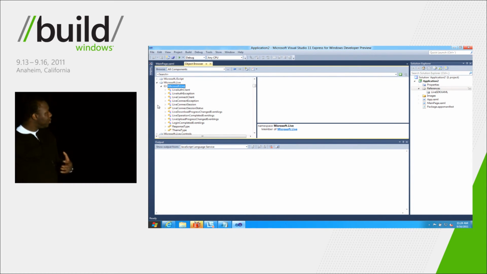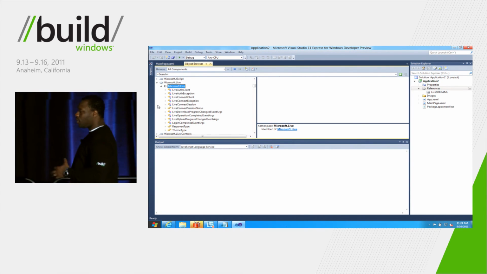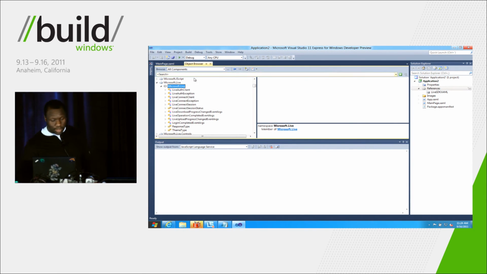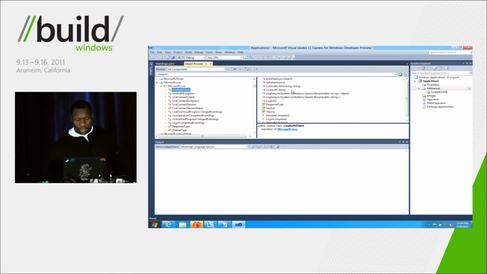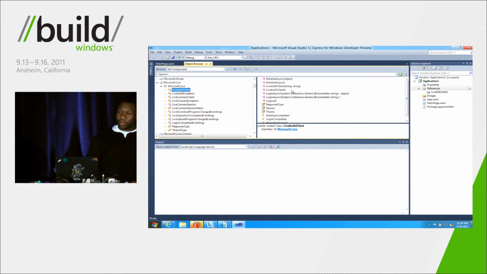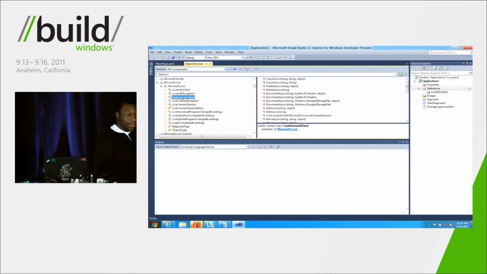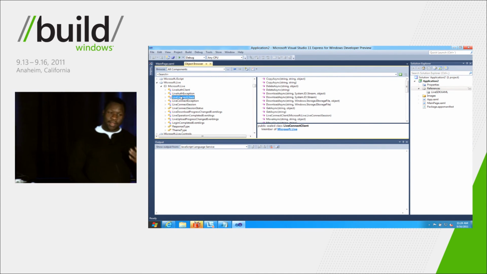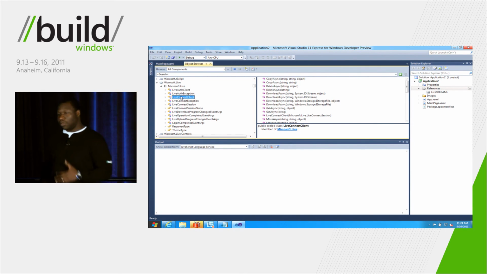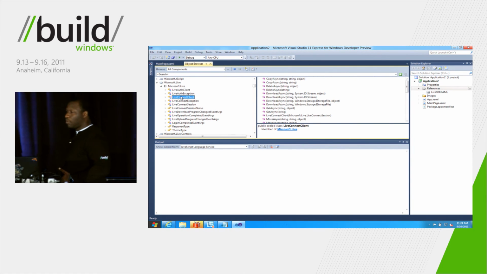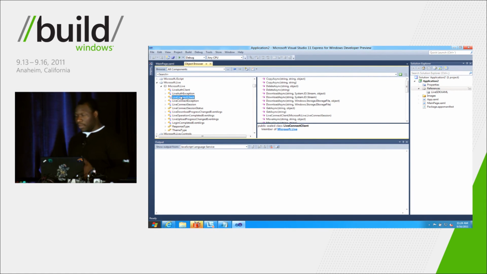The two key concepts here are, one, the live auth client, a class that handles authenticating the user. It has the key functionality like the login and logout methods. And the second is the live connect client. That's the class that does all of the RESTful API calls and returns the JSON objects for data in SkyDrive, Hotmail, and what have you.